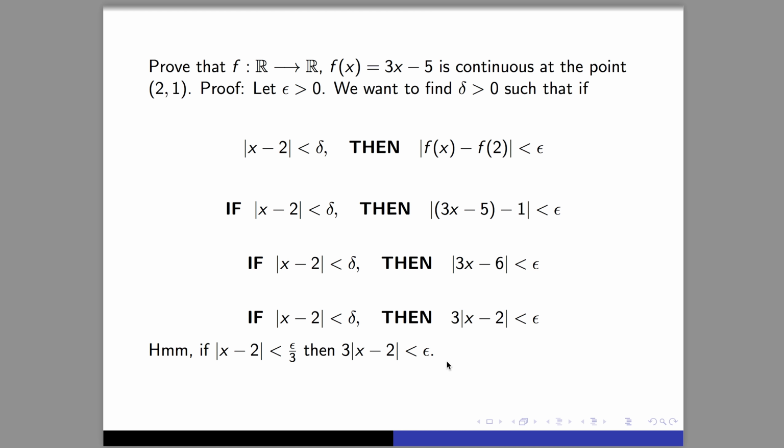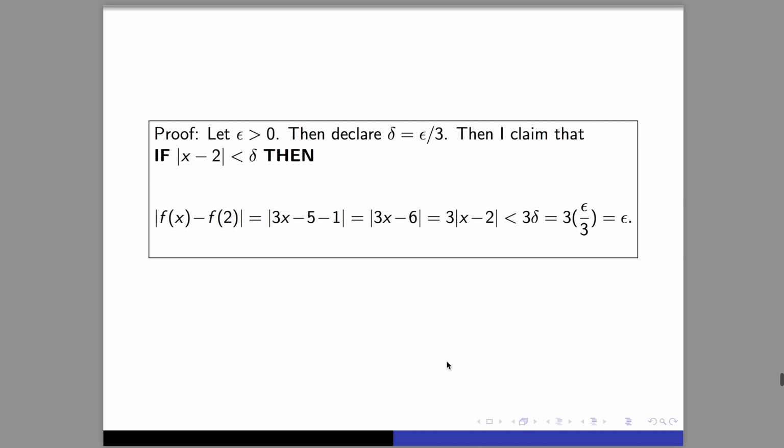So on the next slide, I'm going to do everything again, sort of in an abbreviated form. This is kind of like the template we've had before. So for this problem, we'll let epsilon be greater than 0. I like to use the word declare, so I'll declare that delta equals epsilon over 3. And then I claim that if x minus 2 in absolute value is less than delta, well then, I just work it out. f of x minus f of 2,